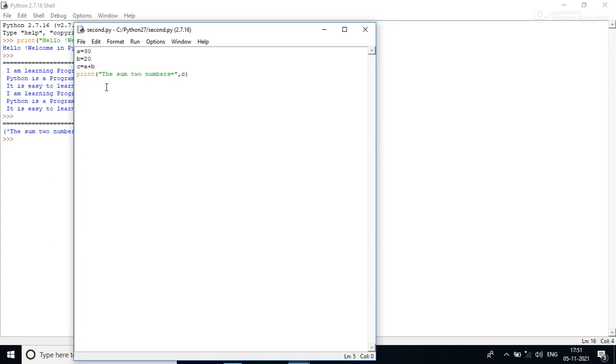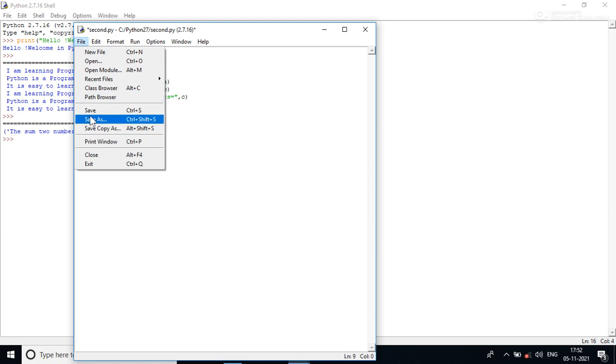Open your program and print the values of A and B. Write here print the value of A is equal, comma A, and again write print the value of B is equals, comma B. After that, if you have done, click on the File tab and save your program.